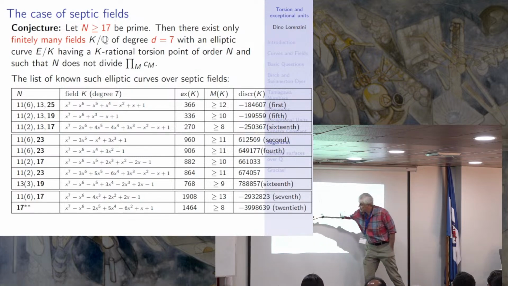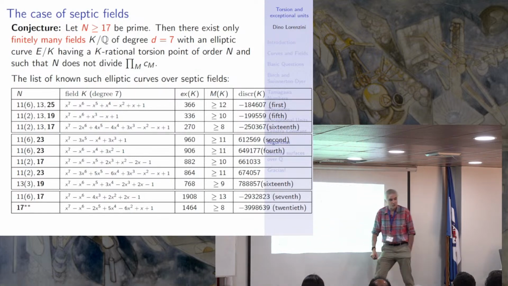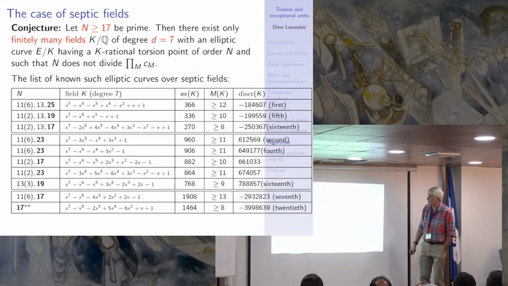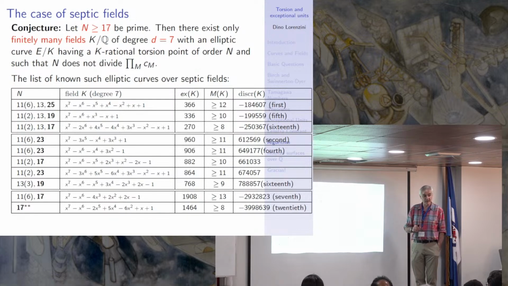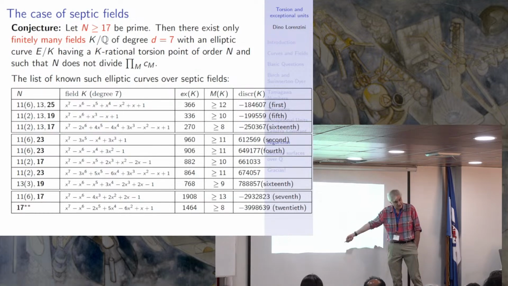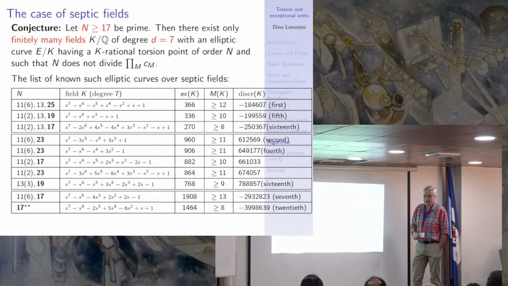You can see that we get into bigger torsions, right? Here with n equals 7, you can have elliptic curves with a 23 torsion point, and in fact with n equals 7, there are infinitely many elliptic curves with points of order 23. Therefore, this is a non-trivial theorem to say that only these finitely many don't have any